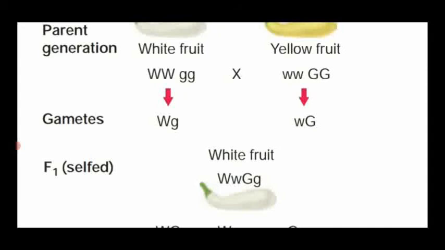But the W is dominant over the other colored fruit. In the colored fruit, which one is the dominant? White is the dominant. The other dominant character, yellow, G, is also present here, but it is masked or suppressed by what color fruit? White color allele, dominant allele W. So that's why the F1 generation is named dominant, heterozygous, white color fruit.